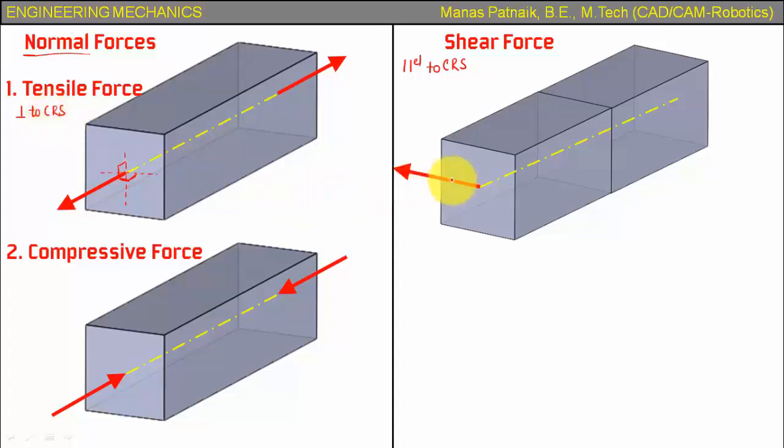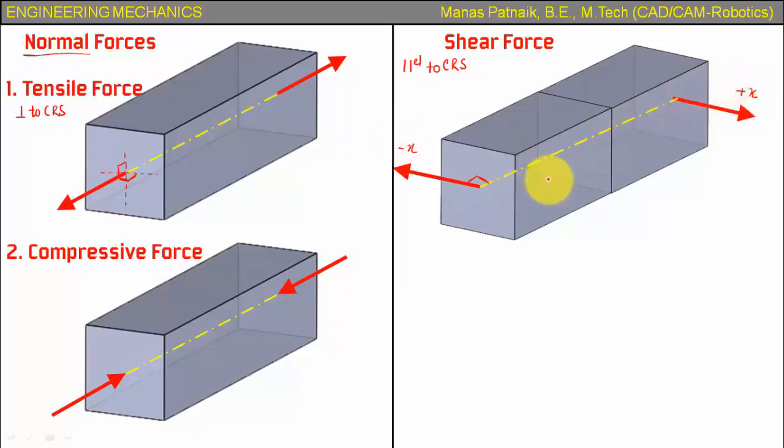The second difference is, if you watch carefully, this is the longitudinal axis of the object, and the angle made between the longitudinal axis and the force over here is going to be equal to 90 degrees. So that is also one difference. That means the force that we apply in case of a shear force is going to be at 90 degrees with respect to the longitudinal axis. Now one force is along the negative x direction, while the other force I'm going to be applying over here in the positive x direction.